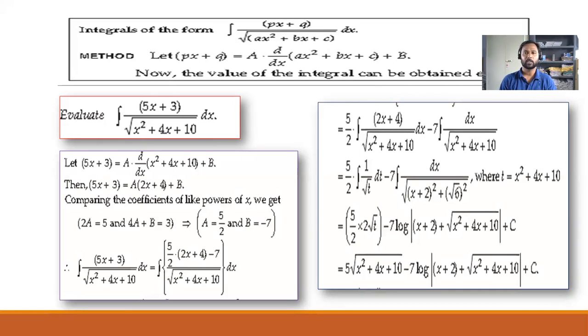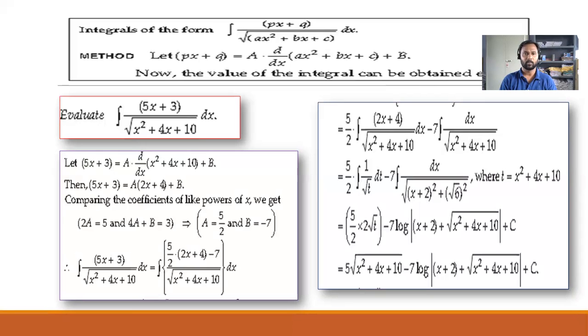It is one of the special integrals. That means when the numerator is a constant and the denominator is a quadratic expression, we have to use the completing the square method. So by completing the square, the second integral changes to integral dx by root of x plus 2 whole square plus root 6 square, which is of the form root of x square plus a square, whose integral is log mod x plus root of x square plus a square plus c. So in this way, we can easily apply the special integrals in such problems.